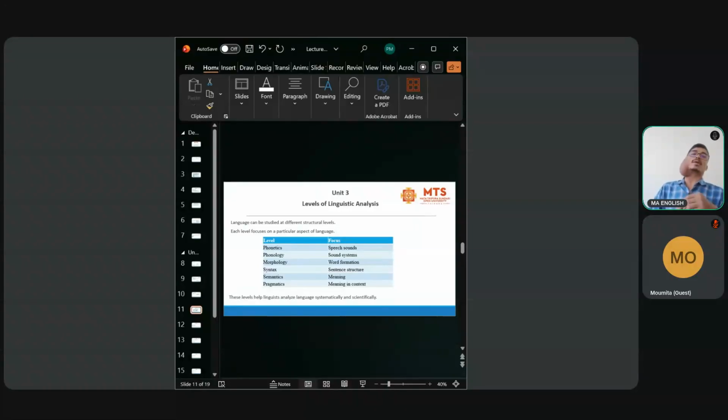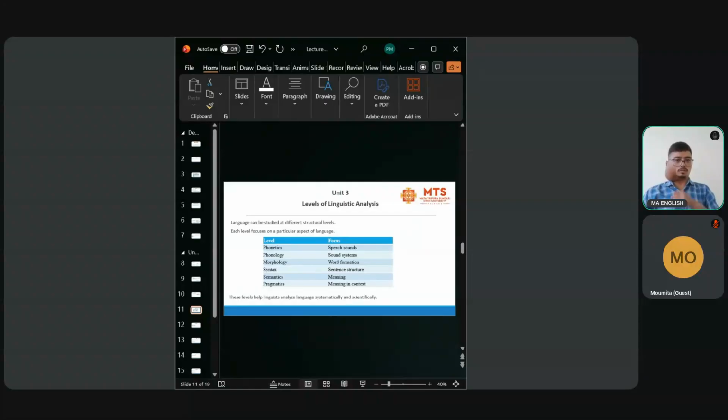And the sixth level is pragmatics. Pragmatics deals with meaning in use. That is, pragmatics studies meaning in use, in context: how context, intention, and social setting shape what language actually means in any given situation. So together, these six levels of language analysis give us a comprehensive toolkit for language analysis at every dimension. Okay,